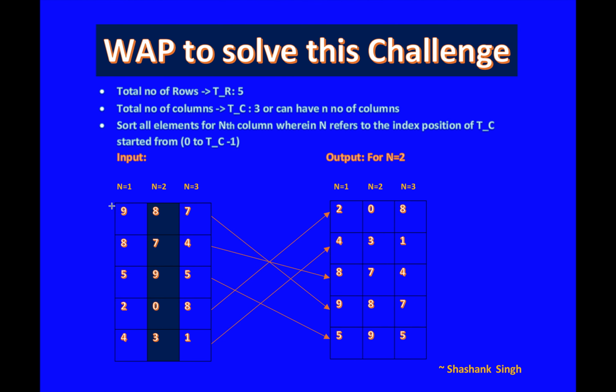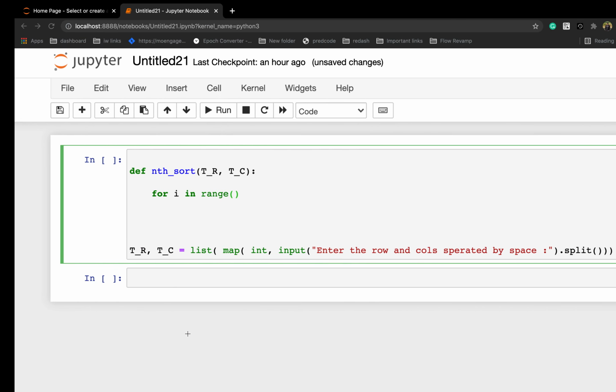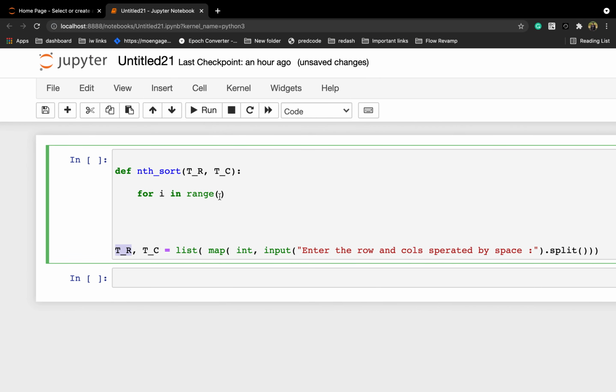If you see here, we have 5 rows, right? Rows are stored in this tr. So I am using for i in range tr, so this will go from 0 to tr. Let's say you have provided 5, so it will start from 0 by default and it will go up to 4, because the last element is excluded by default by the range function. That's the reason why I'm writing just tr. So let's say you have provided 5, it will take 0 to 4.